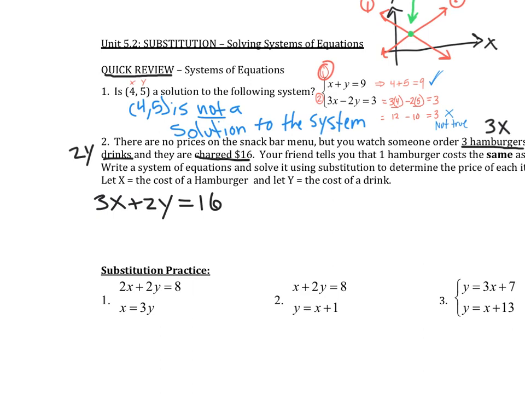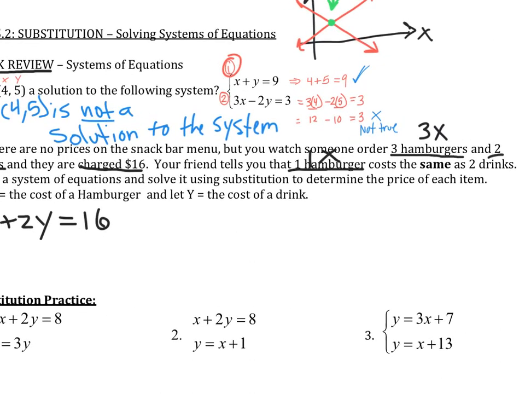And there is an equation that just looks like our normal system of equation problems, but this now represents the cost of hamburgers and drinks. And then there's another equation in the next sentence. It says your friend tells you that 1 hamburger, remember x is hamburgers, so this is 1x right here, costs the same. Remember the mathematical symbol for same is equals. So 1x equals